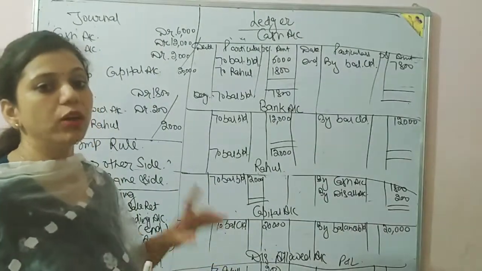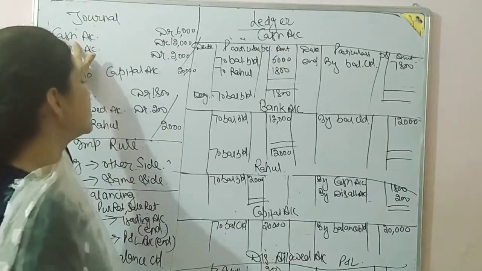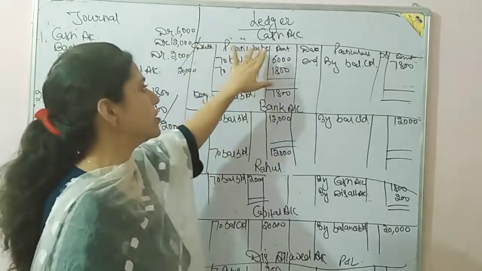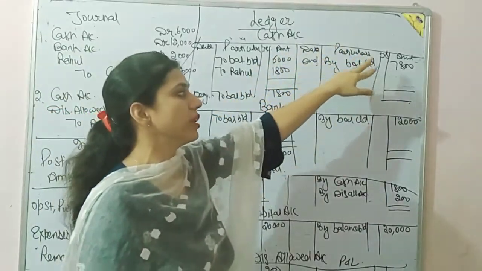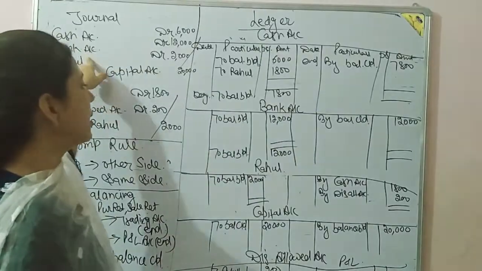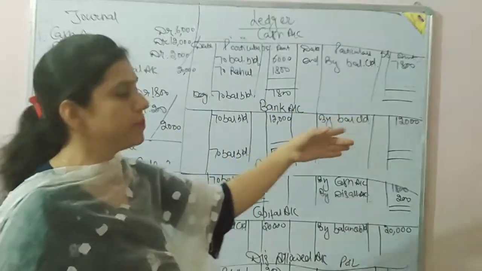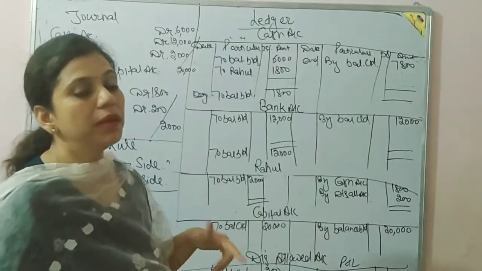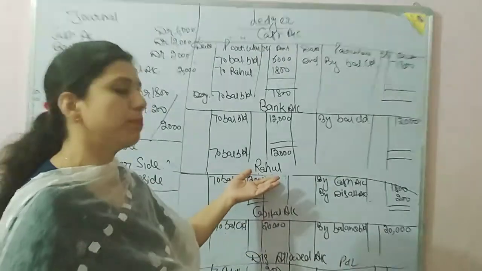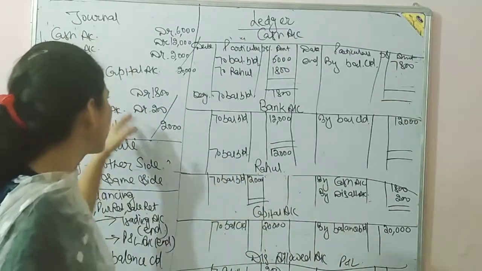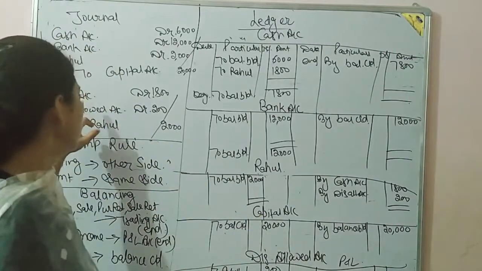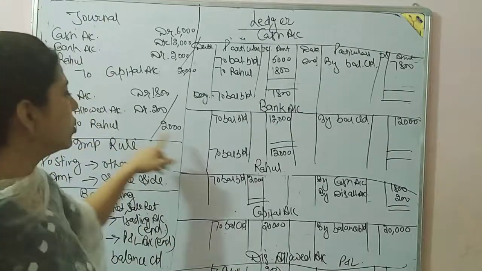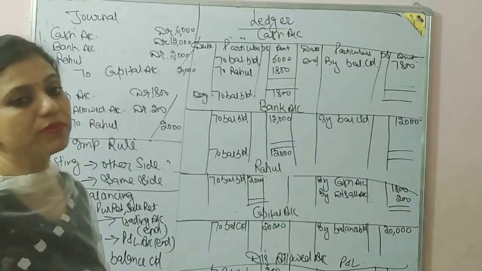First we have to prepare all the accounts. The very first is the cash account. The format is date, particulars, journal folio, amount, date, particulars, journal folio, amount. Second, bank account, again the format will be the same. Third, Rahul's account. The account is not mentioned with a name, but if you want to mention it, write apostrophe s, Rahul's account. Then the capital account, then cash already prepared, discount allowed account is there, Rahul is already there. So how will these entries be posted?